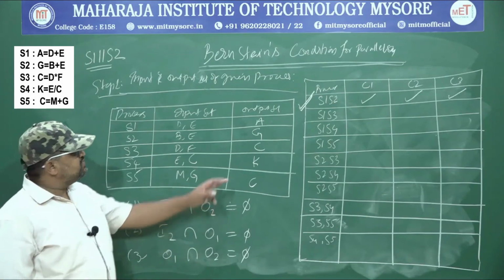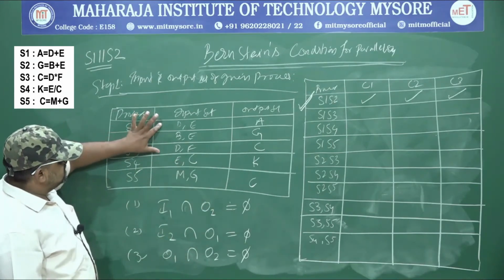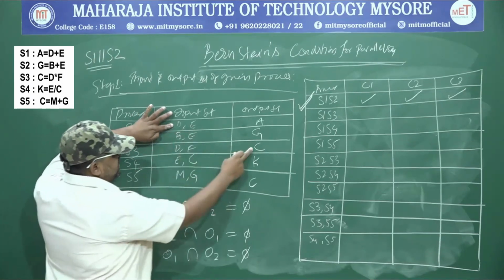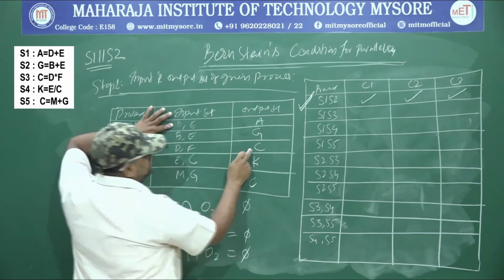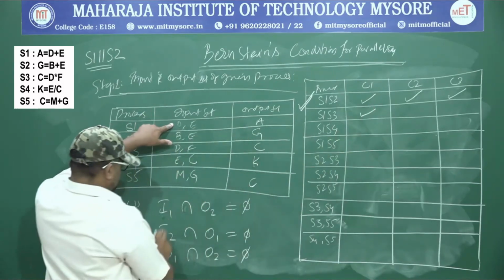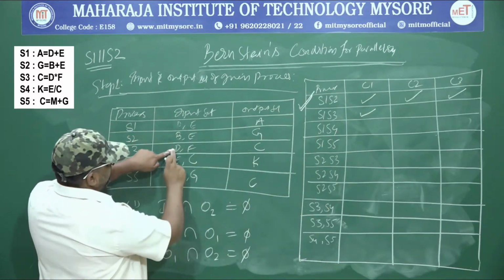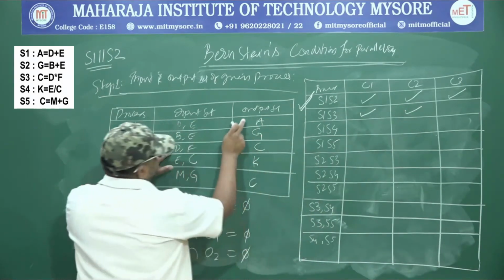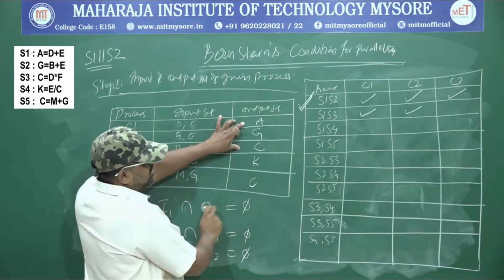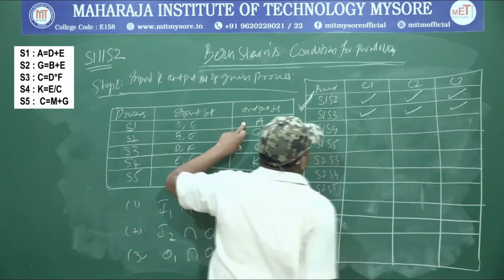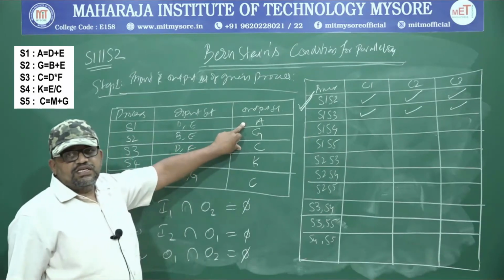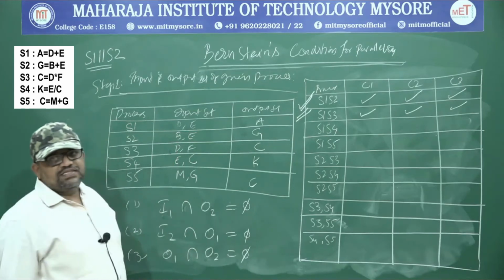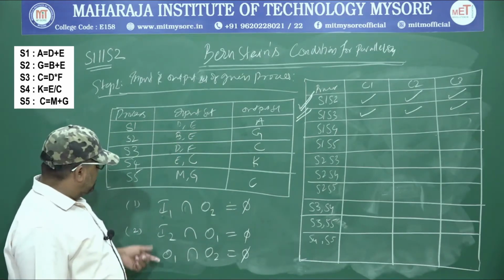The next one is I am going to compare between S1 and S3. S1 and S3, this one. So what is the input for S1? BE, output is C. BE and C, is there anything common? No. Then similarly for second condition, BF and A, there is nothing in common. But S1 and S3, A and C, is it common? No, right? So similarly, if you get all the three conditions right, then automatically you can say you can execute S1 and S3 parallelly, right?